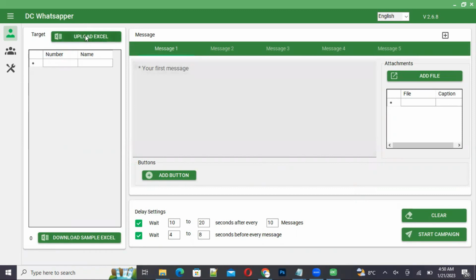Here you can upload your Excel file, you can insert the numbers, you can manually type your numbers here, you can connect your WhatsApp account by scanning the QR code. Here you can type the message that you want to send, and here you can add the buttons within your message if you want to include, and here you can add the files, the attachments that you want to send with the message. And on the top you can see it's message 1, message 2, message 3. So you can create different copies of your message,